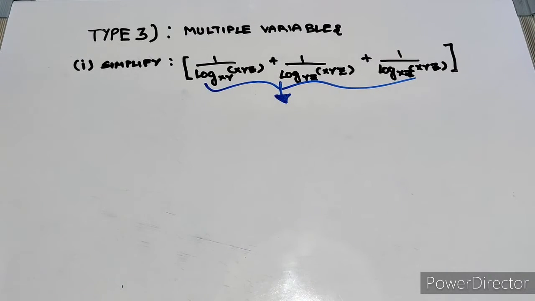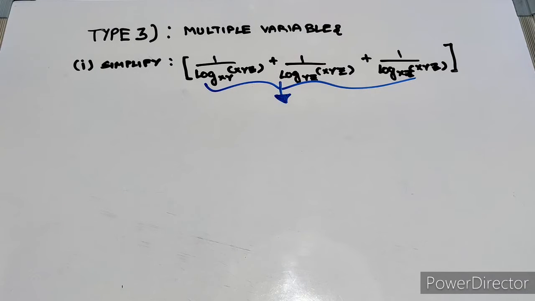So let us now look at a type 3 question which can be taken as multiple variable questions, and these questions will involve multiple variables and we need to simplify it and find the answer using log properties. So when we see this question, it's a very large question but a very simple question. So don't leave the question in the examination by just seeing its length. First think a little bit about it and then skip if you don't get it. But this is a very easy question.